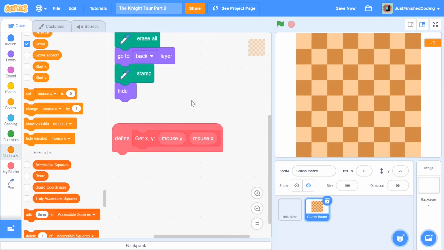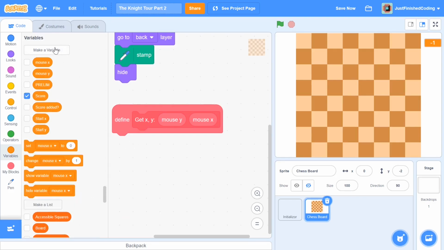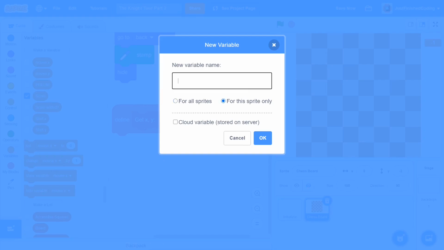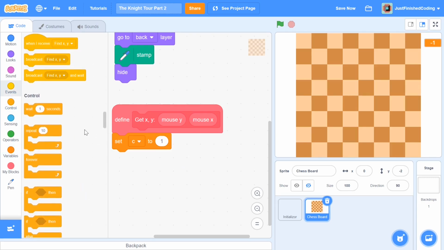Okay, don't worry too much about it now. It's a little bit later that things will get a little bit confusing. So now I'm going to have another counter set up for this sprite only, and I'm going to call it C once again. You can call it anything you want though. So initially I'm going to set C to be not 0 but 1. Okay, and now I'm going to repeat 8. So head over to control, grab a repeat, and I'm going to set it up to be 8.